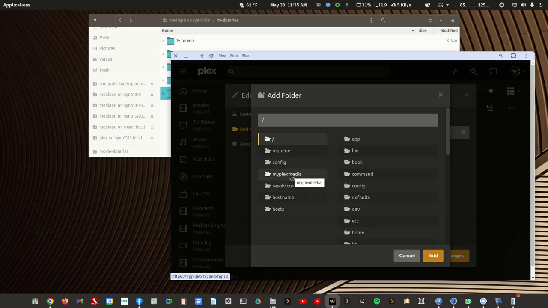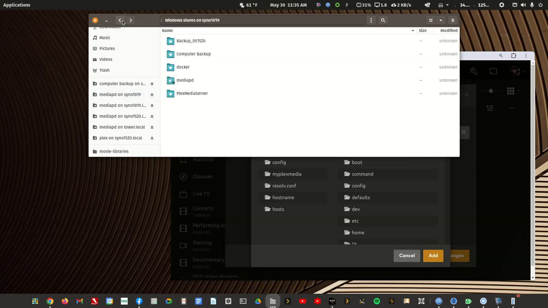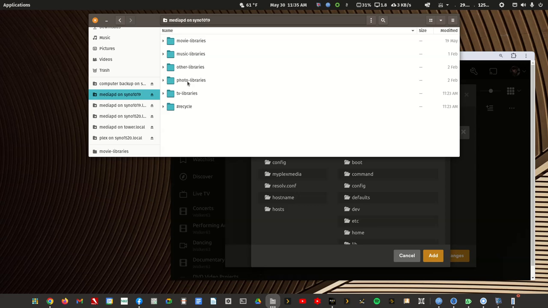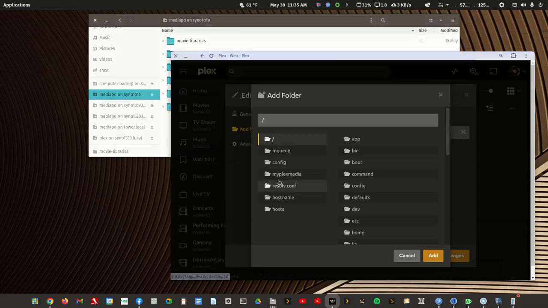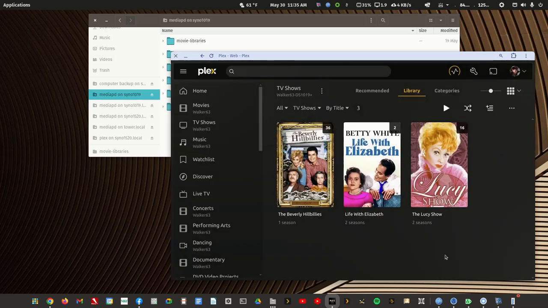The server is running in a Docker container, and this my Plex Media is an alias to this shared media folder. So the one alias can see anything inside that. I'll click in there, choose my TV show library sort folder, and then click on the old and add it, save the changes,